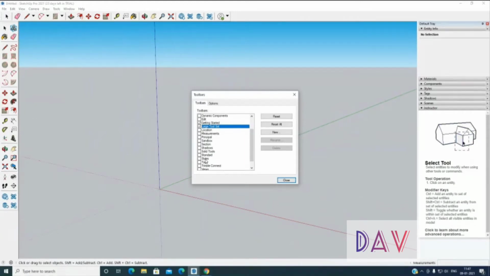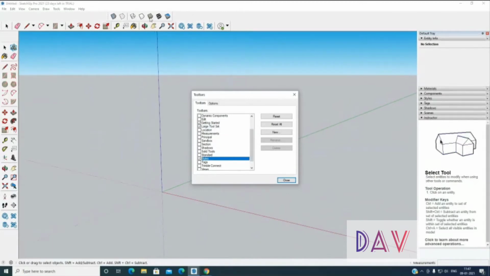After that you have styles over here, so you can add styles. You can see the styles over here. Tags, if you want. If you are creating any components, then only you require tags. You have views, that is important. We need views because top view, side view, front view, as you are going to see, and you're going to work on those particular aspects. Along with that we have dynamic components over here. Right now we don't need that.